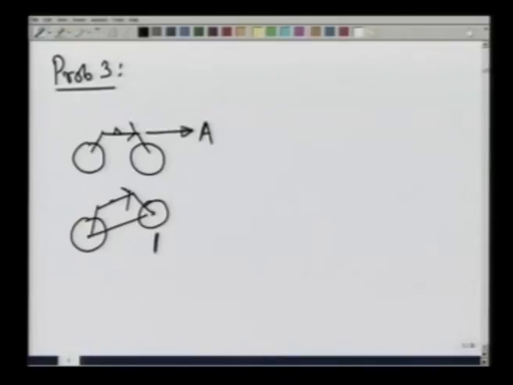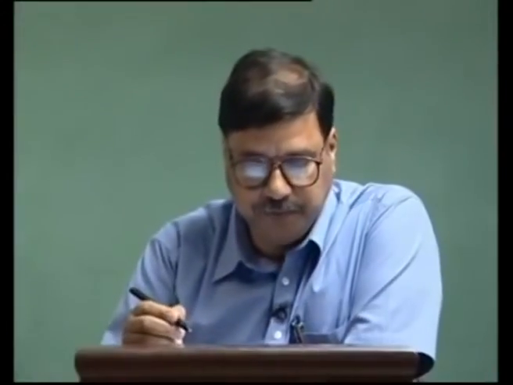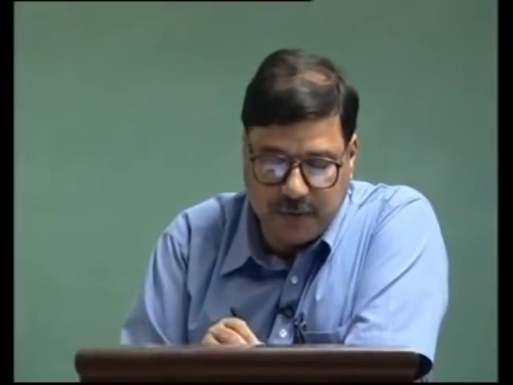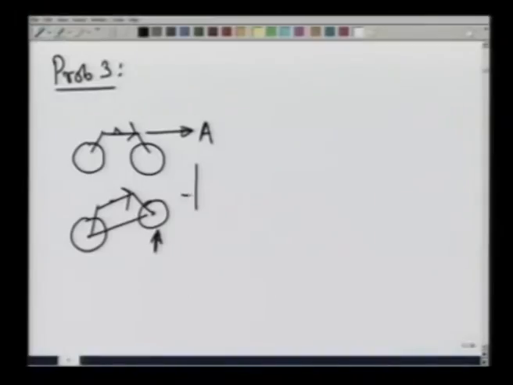The front wheel sort of lifts off the ground, and we want to calculate at what acceleration it starts lifting off the ground. I am again going to look at this problem from a frame which is accelerating with the motorcycle towards the right with A. If it does that, then the motorcycle is in equilibrium, it is not moving in that frame, and if I look at the motorcycle,